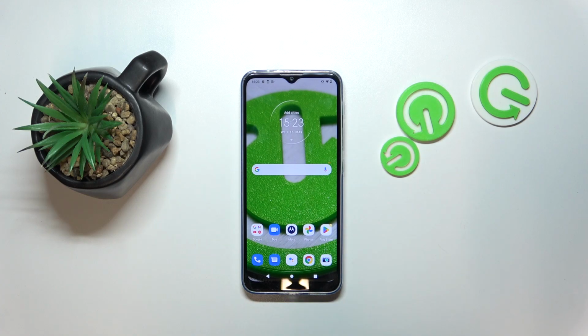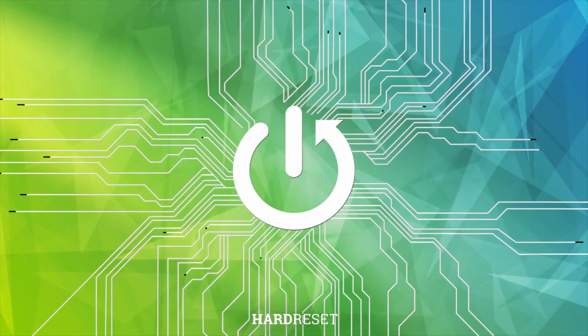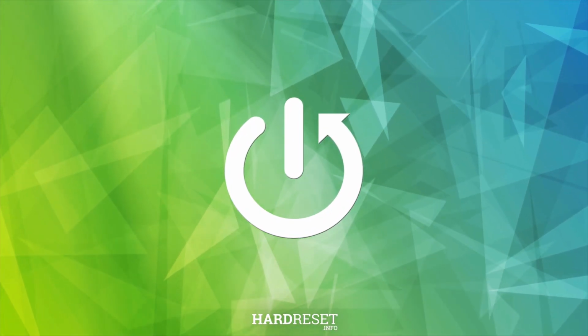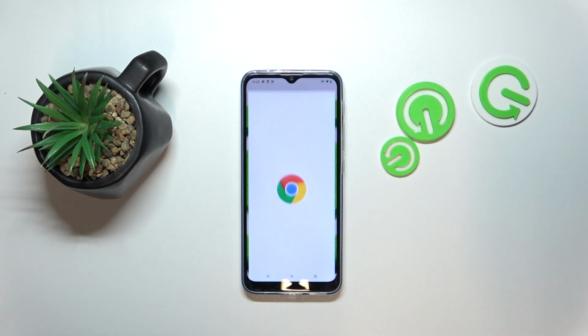Hello! In this video I will show you how to change search engine into custom one on Motorola Moto G30. So you have to start by opening your internet browser